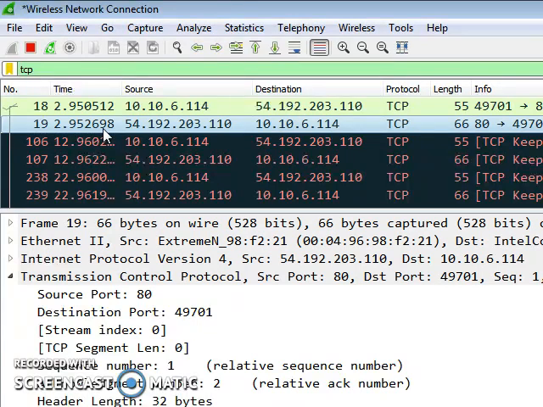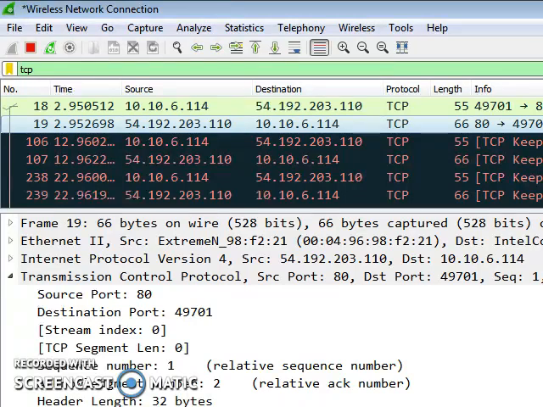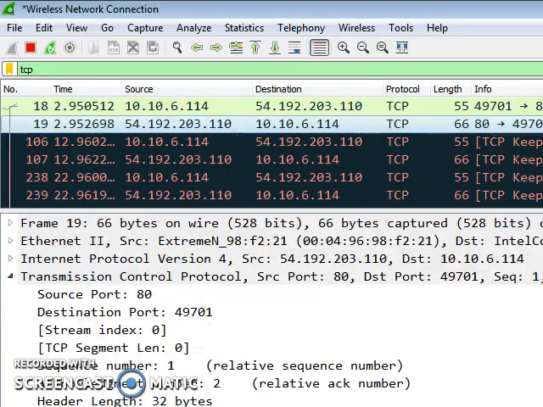Now, if you click over the other packets, you see that some of the fields are changing. Now, if you observe this packet, its source port number is 80, destination port number is 49701. Acknowledgement number is 2, and the header length is 2 bytes. Now, let's see the other packets. The acknowledgement number is the same. As I mentioned previously, once the communication is established, the acknowledgement number doesn't change. Now, if I show the other packet, see, the acknowledgement number is the same.